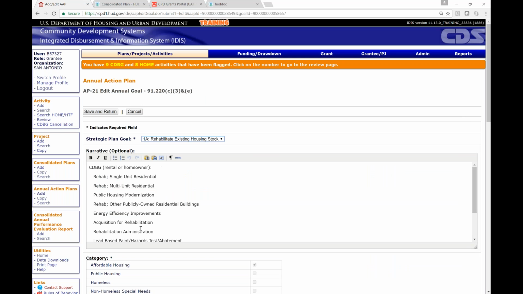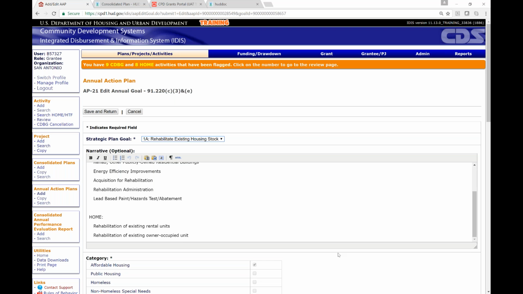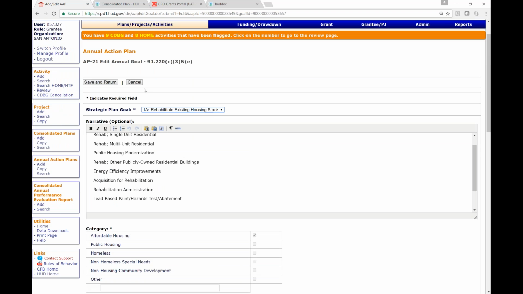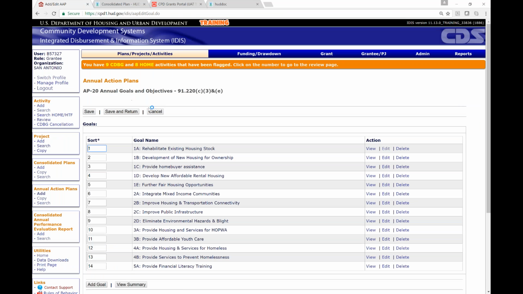I can update my narrative, but you'll see that some of the content, my category, my start year, end year, outcome, and objective, I can't edit any of that content because that is tied to my strategic plan goal. And so I would actually need to go in and make an amendment to my strategic plan to be able to edit that content. And you'll see here on the home screen,